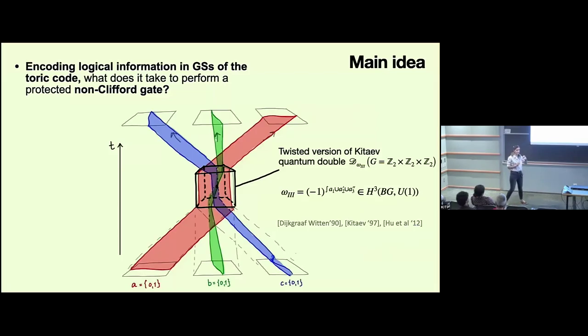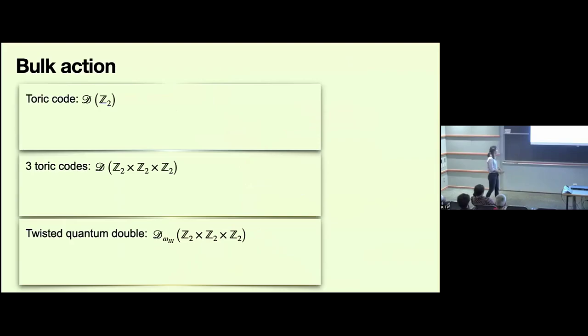But in reality, to actually make this work, it requires a little bit more thought. And for this, I need to talk about 3 aspects. First of all, what is really going on in the bulk, in the space-time bulk of such a protocol? Then what are the allowed domain walls and what are the boundaries? And once I have talked about all these elements, I can combine them into space-time configurations that actually do work. This is one of the main results of our work. So let me talk about bulk action. We will be concerned with toric codes.